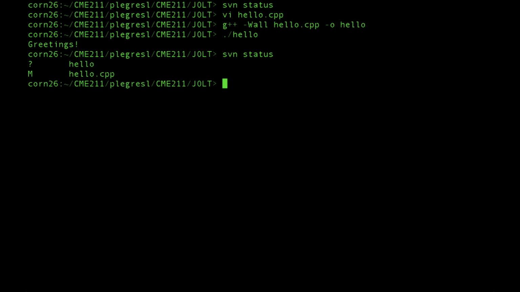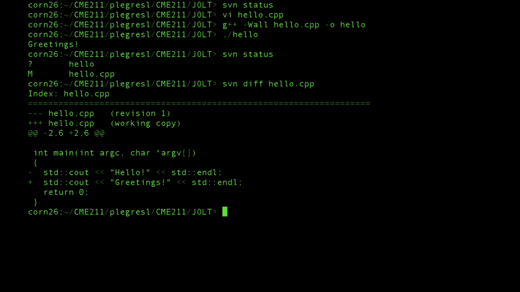So now we're going to go ahead and commit our changes to the repository because we're happy with the changes we made. The code compiles and runs. Usually the last thing that you would probably want to do before you go ahead and commit your changes is just review those changes, make sure that you're committing what you think you are. And there's a handy way to actually see what changes have been made. So if I use the svn client command and provide the diff verb, that's going to tell it that I'd like to see the differences in a file. So we know that there were modifications to hello.cpp,